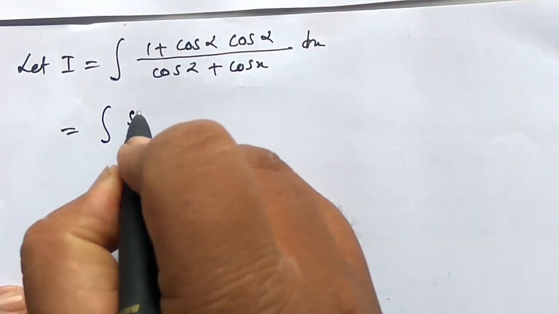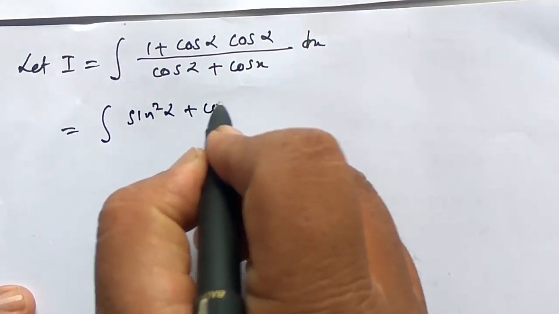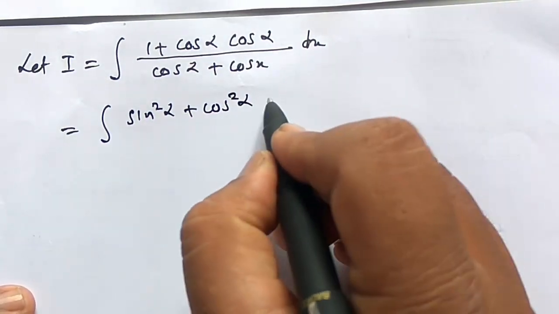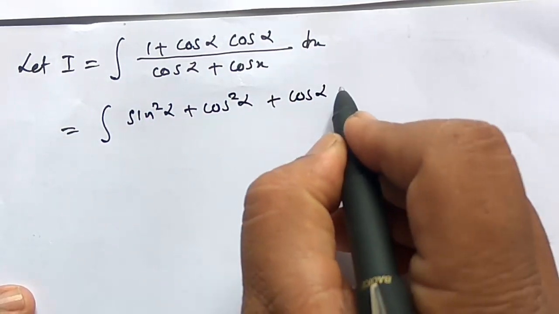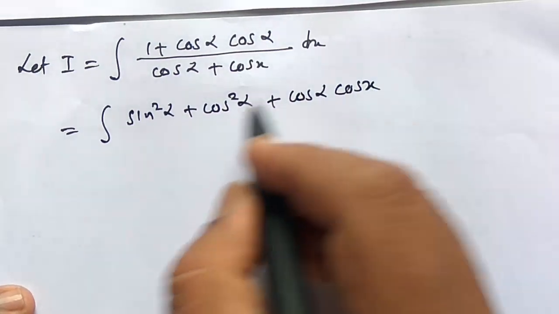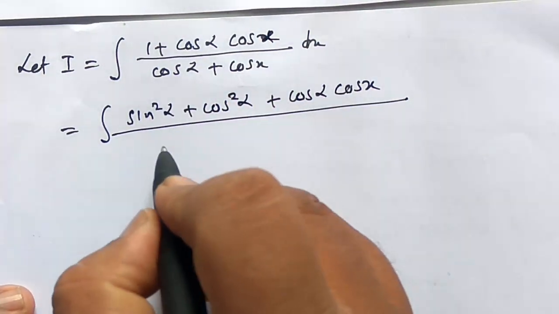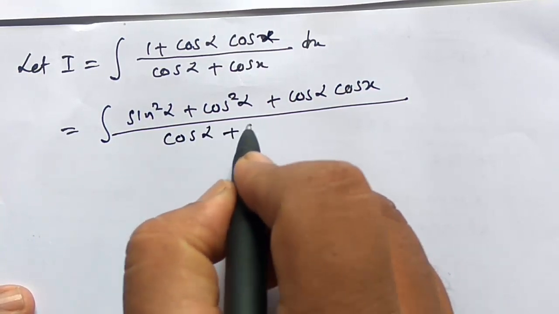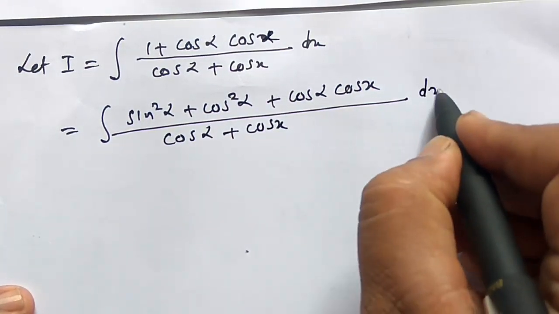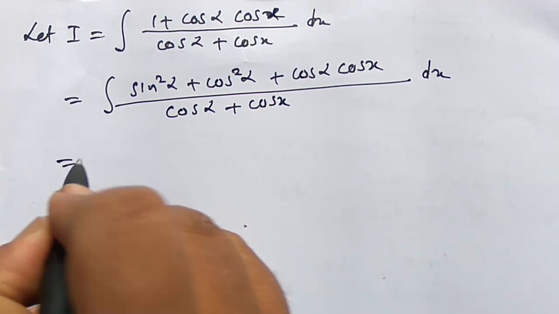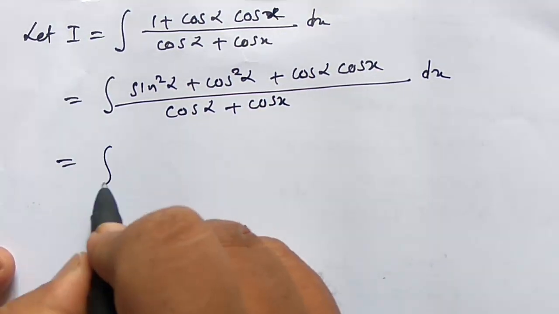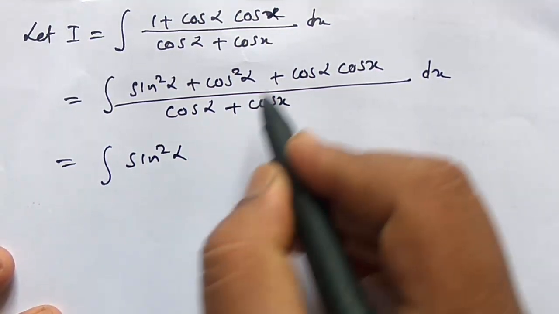So it is integration of (sin square alpha plus cos square alpha plus cos alpha cos x) upon (cos alpha plus cos x) dx